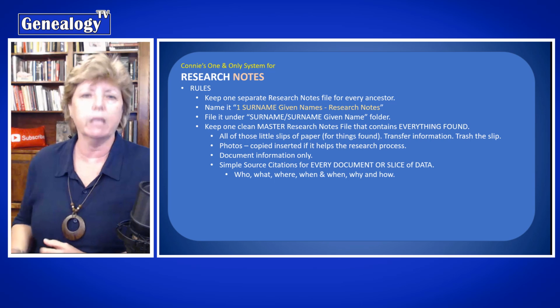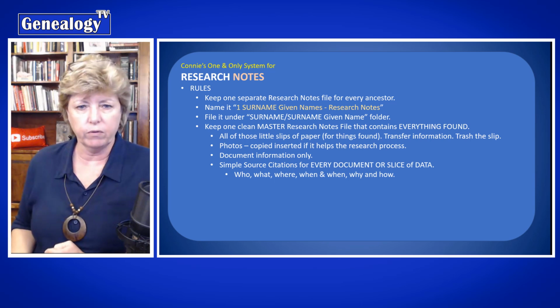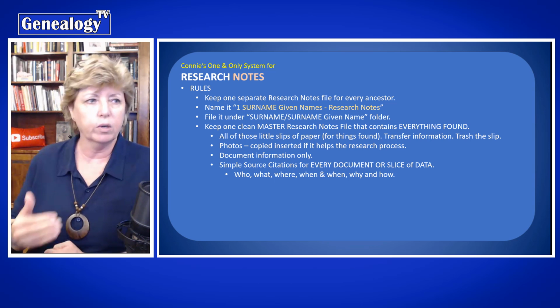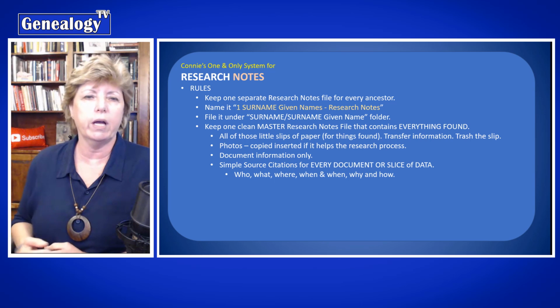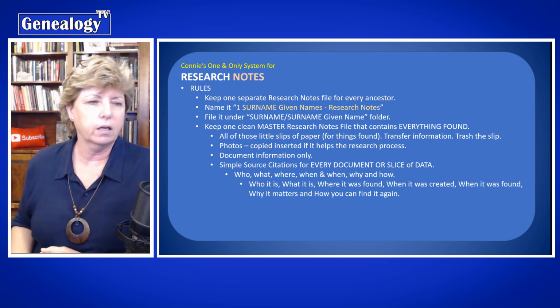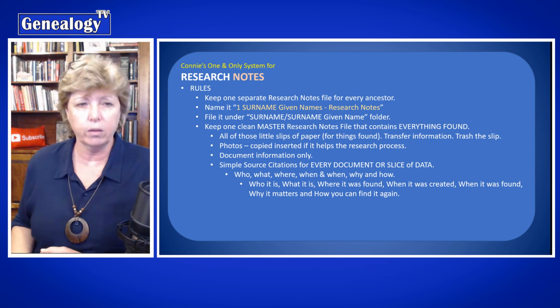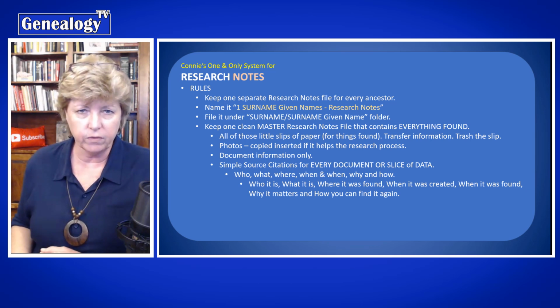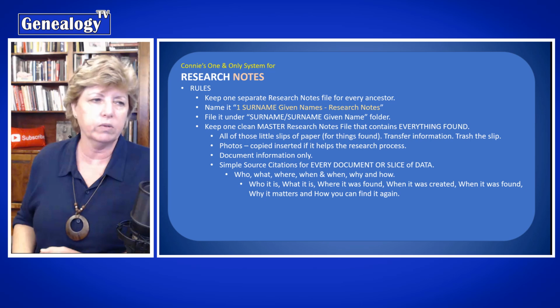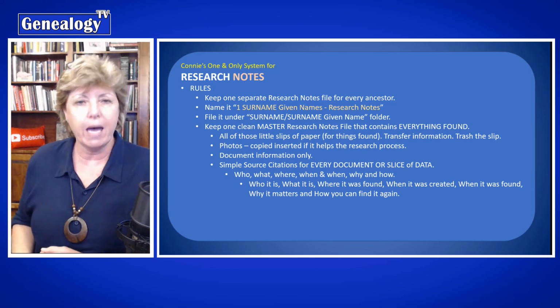Some of the big ones might. But for the most part, if you're just putting a web address in as a source citation, you might also want to do the who, what, where, when, why, and how. And I'll explain what that is. It is who it is, what it is, where it was found, when it was created, when it was found. So you have two whens, when it was created and when it was found,